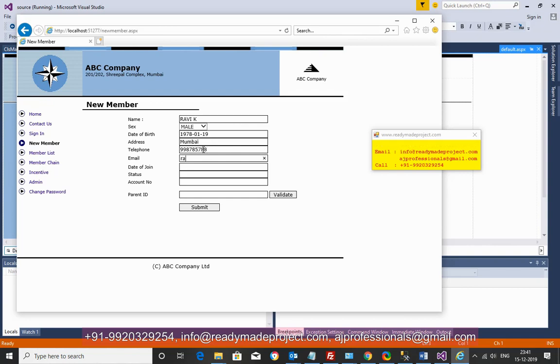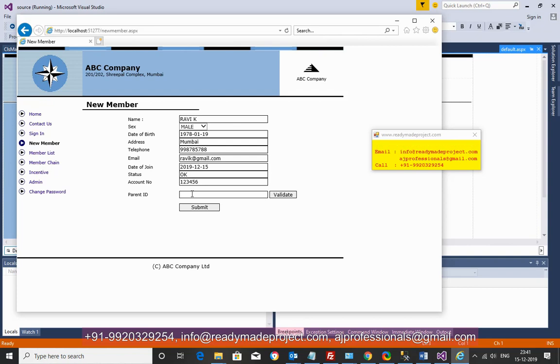Email rubik@gmail.com. Joining date, today's date I can give, 2019 December 15. Status okay. Account number 123456. Parent ID, so this is the MLM system, so we have to keep the parent ID,